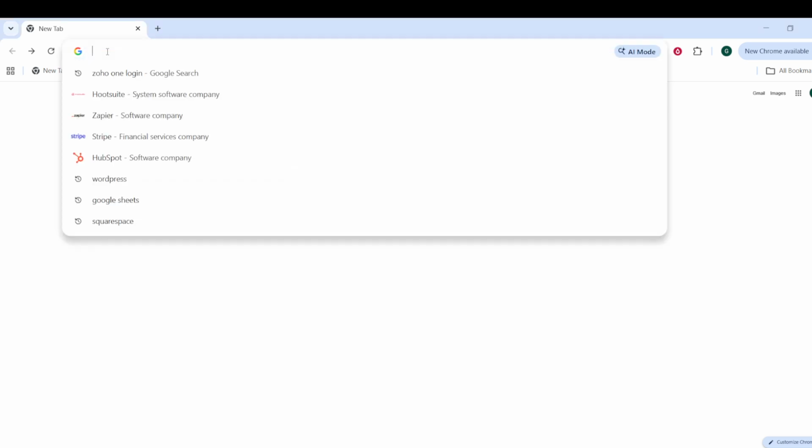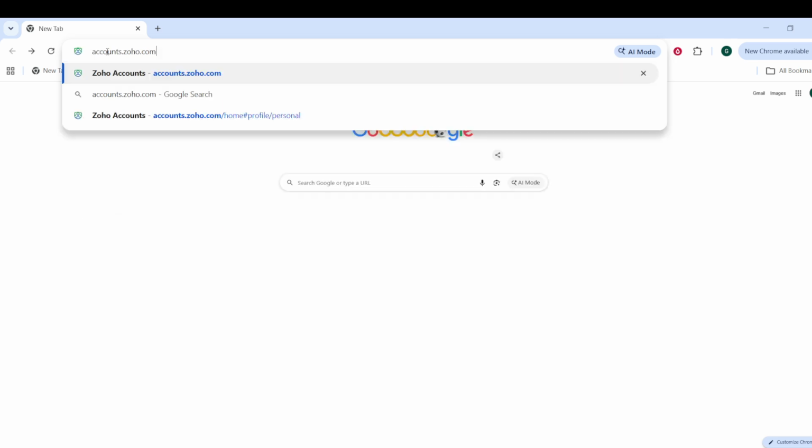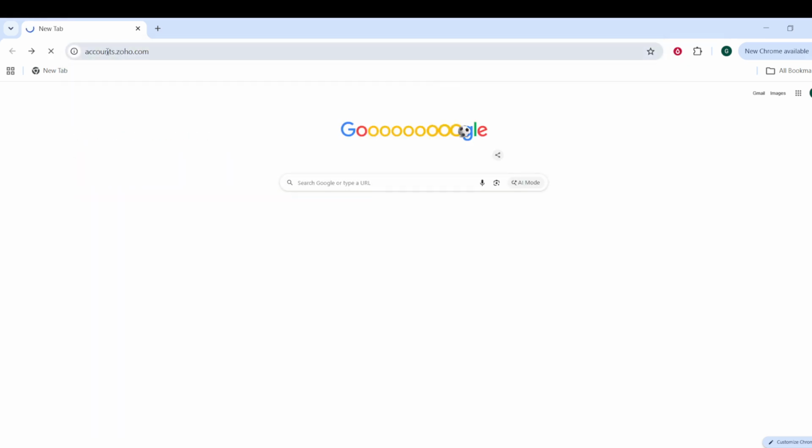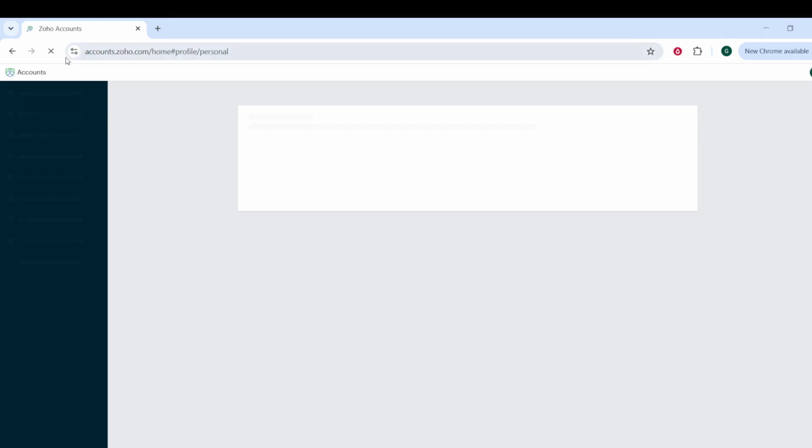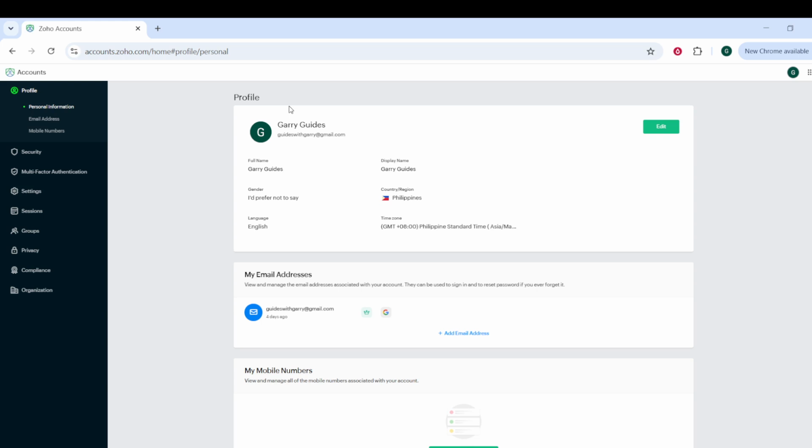To get started, log into the Zoho Accounts portal. On your screen, you will see the sign-in page for your Zoho account. Enter your usual login details and complete the login process. When you are logged in successfully, you are ready to move to the security settings where you can enable two-factor